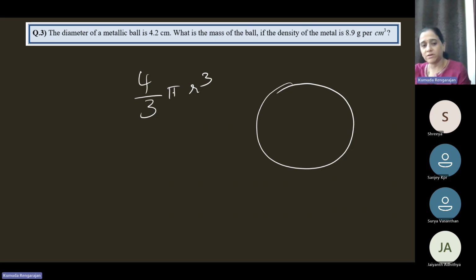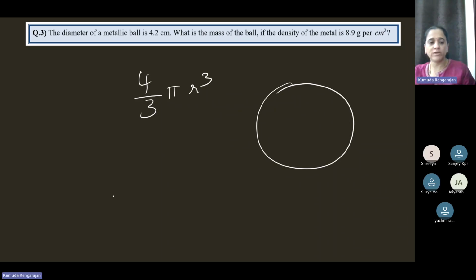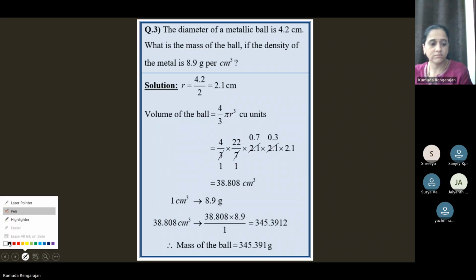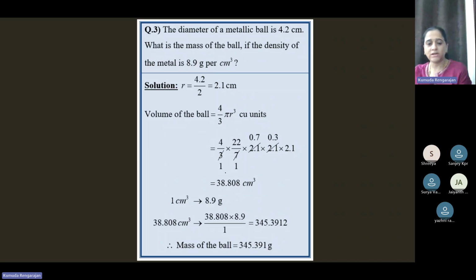So 4 by 3 into 22 by 7 into 2.1 into 2.1 into 2. Get the volume and multiply that with 8.9. Correct? Because 1 centimeter cubed is 8.9 grams. Let me just check and see what the volume is. Here, the volume you get is